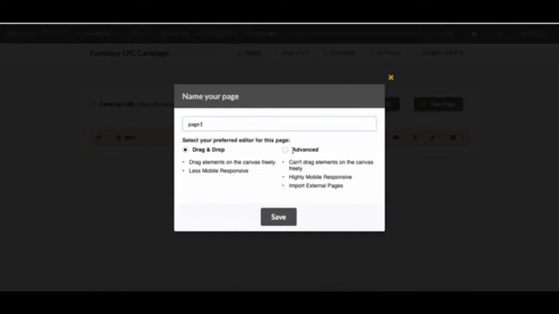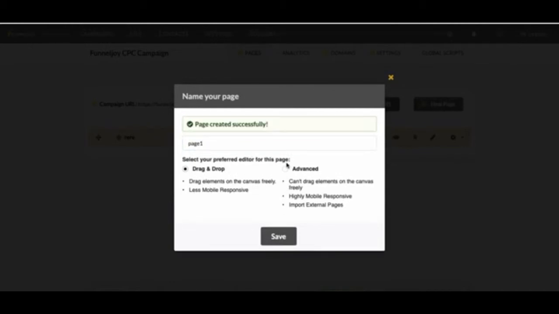The difference is both of them are, would I say, click to drop in the canvas or drag to the canvas, but the drag and drop allows you to freely move those elements to anywhere you want, whilst the advanced is more structured web design. So you have to place things in columns and arrange things properly. So if I go with the drag and drop editor, I click save,